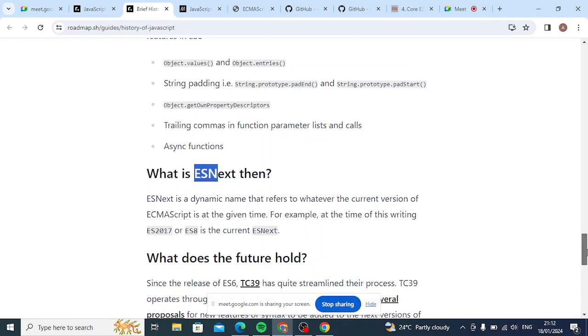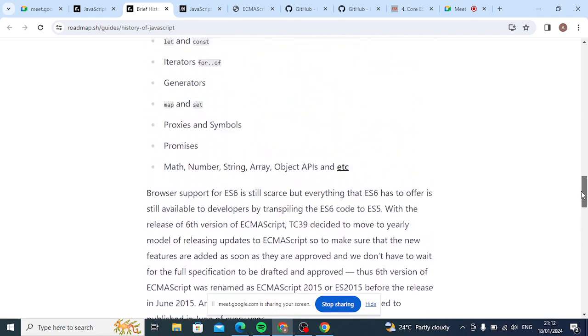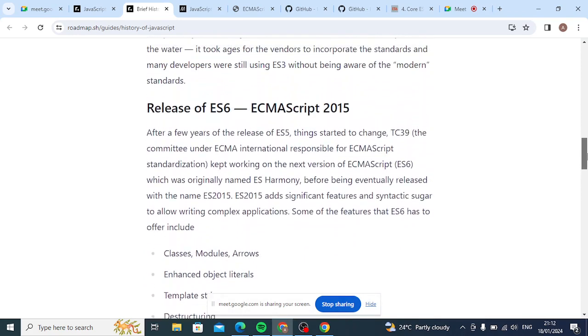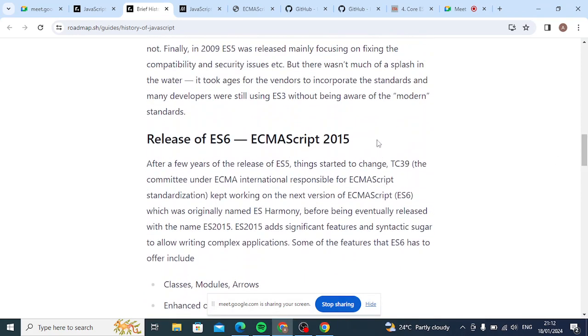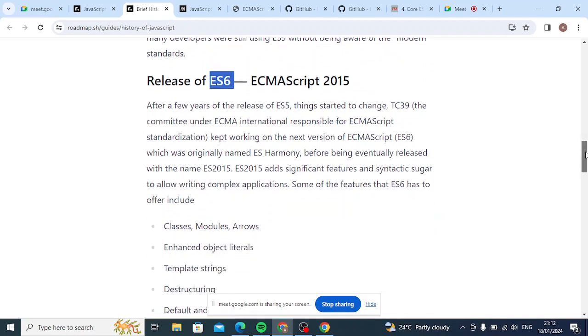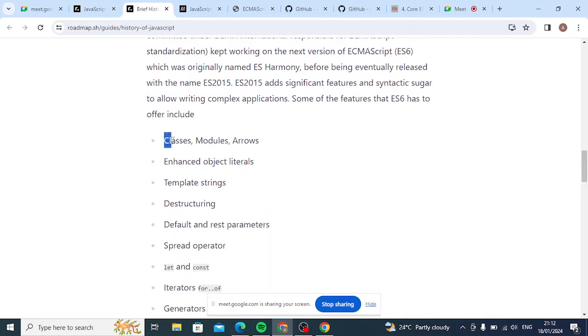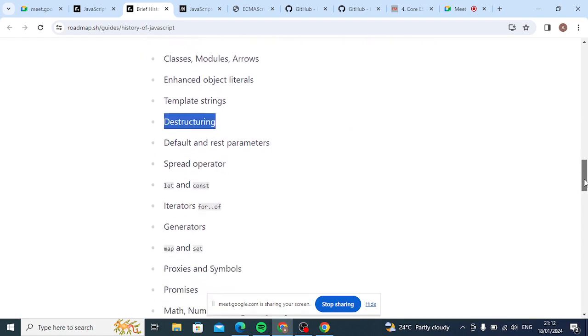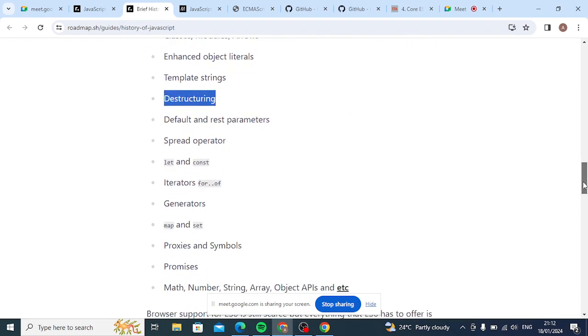Okay, so let's not go into too much. But one of the important things we need to understand is ECMAScript 2015, which is called ES6 features. In ES6 they brought these many features: classes, object literals, destructuring, spread operator, let and const, generators, map and set.